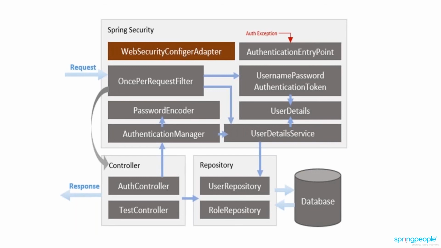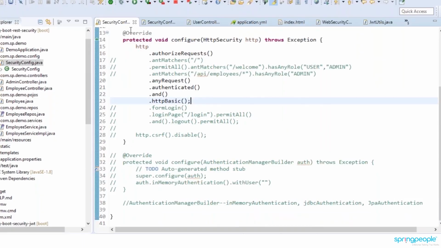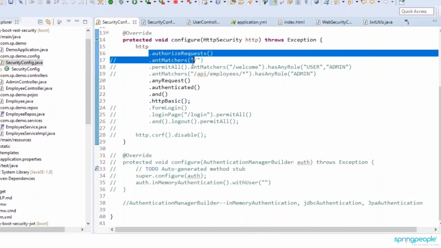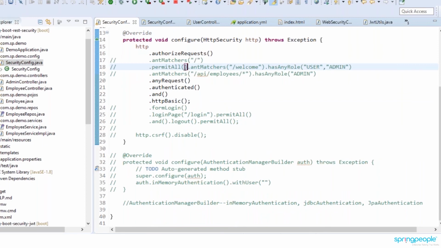Okay, permitAll chain again. So what permitAll does is, we can configure antMatchers with permitAll so that all those requests will be permitted. Before this permitAll, we write the antMatchers. So the antMatchers will be permitted for all, and the remaining ones, the next antMatchers, are the ones for which authentication is required. That way the permitAll chain will be configured.